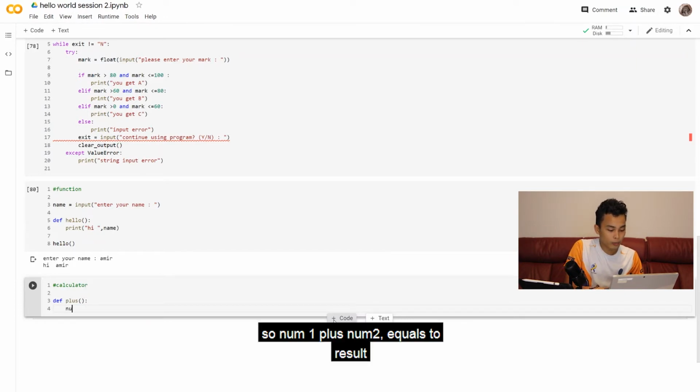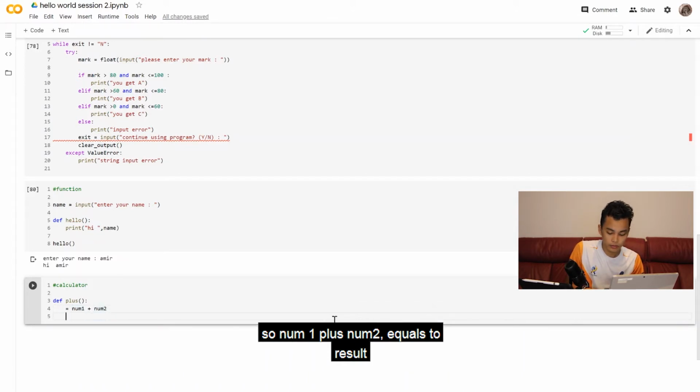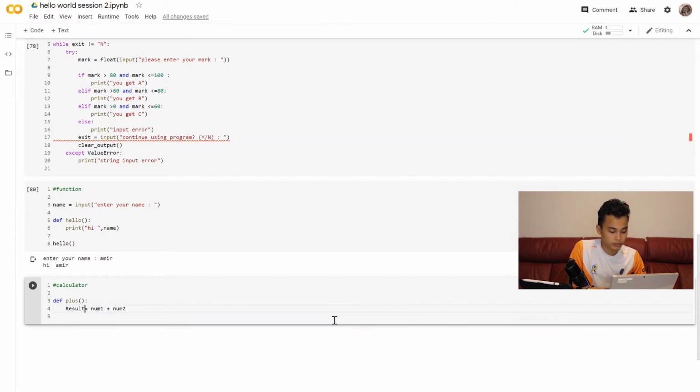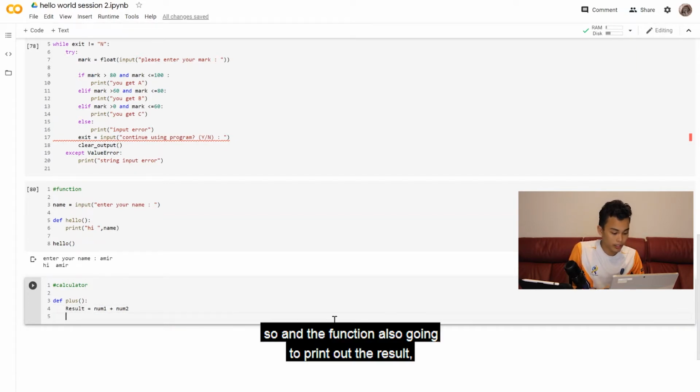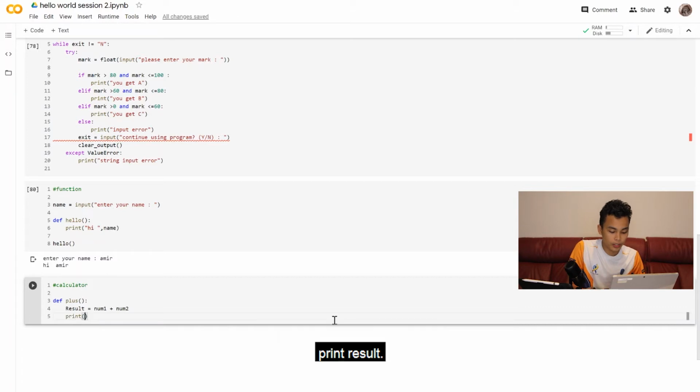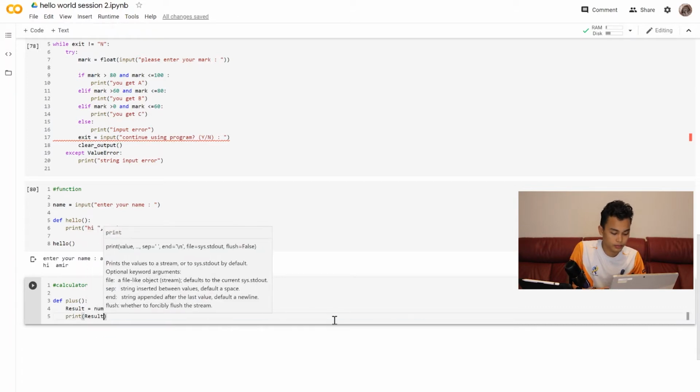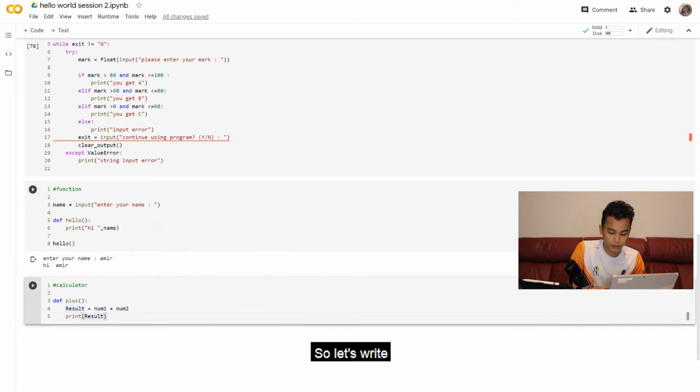So num1 plus num2 equal to result. The function is also going to print out the result, print result. So let's make more. The total is